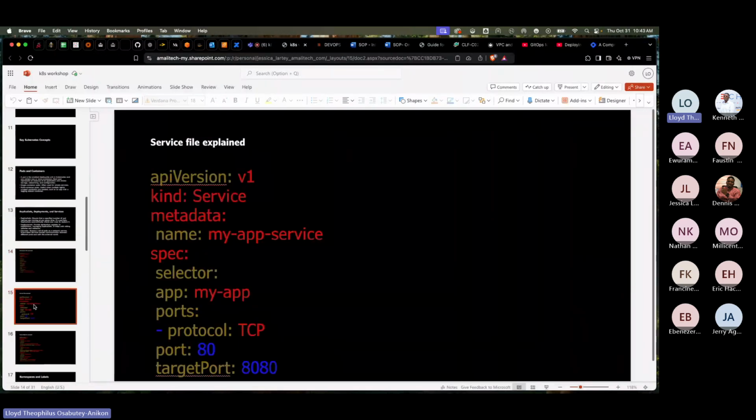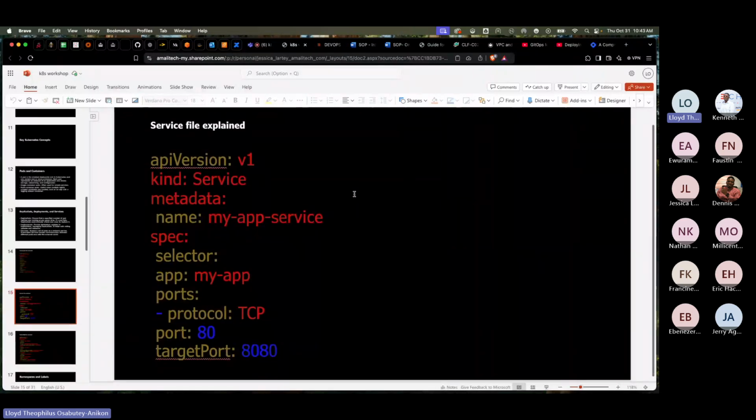The next file that we look at is the service file. In my previous explanation, I mentioned the networking aspect of the Kubernetes architecture. In the service file, this is where we define all the networking aspects. So in this instance,